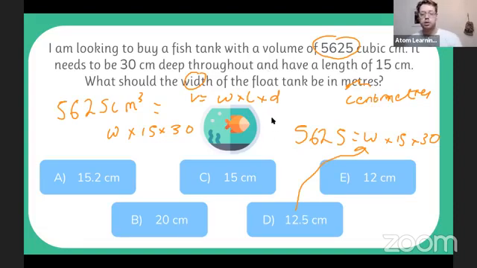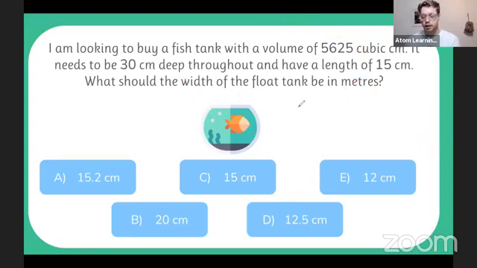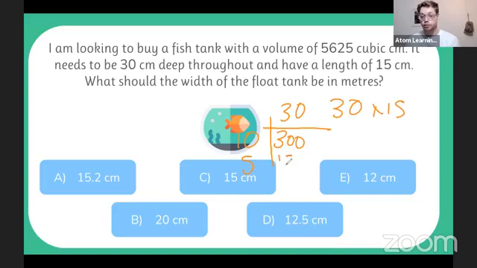Now again, multiplication can cause some trouble. The most important technique for me is the box method. That's the one that students just love. So if we wanted to start out by doing our 30 times by 15, we have 30, and then we just put a 10 here next to the goldfish, cute, and then a 5, and then we multiply it across. So we do 30 times 10, which is 300. And then we do 30 times 5, which is 150.